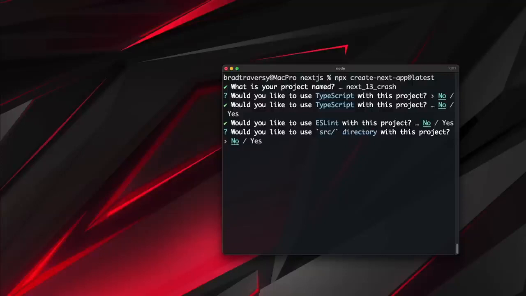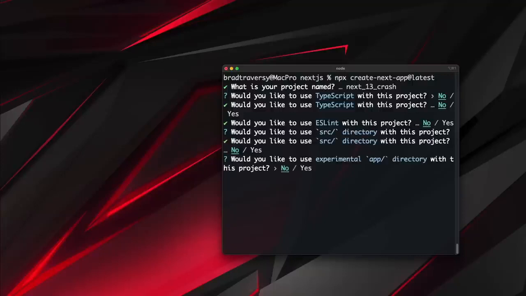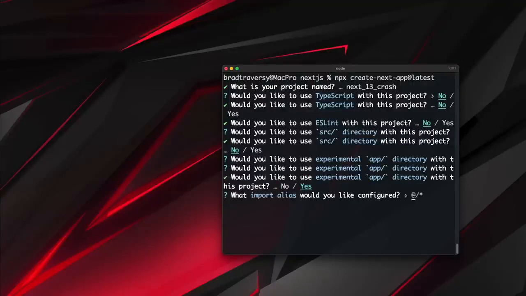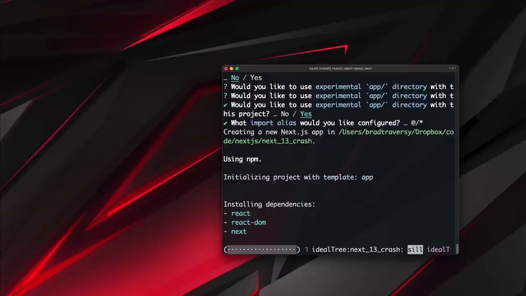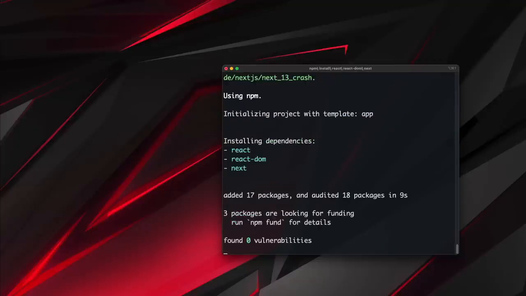We'll say no to having a source directory. And then it's going to ask us if we want to use the experimental app directory, and for that, I'm going to say yes. And then your import alias, we'll keep that at the @ symbol. That's just so you can import things from deep in your directories, so you don't have to keep doing ../